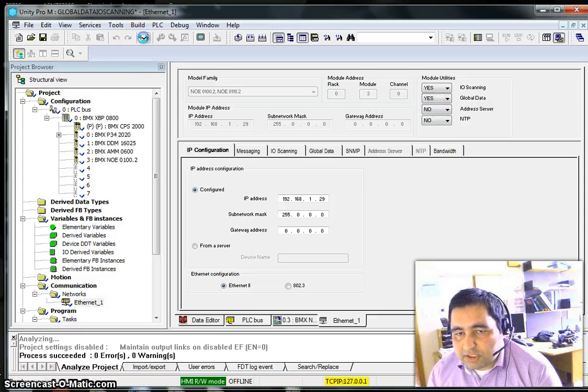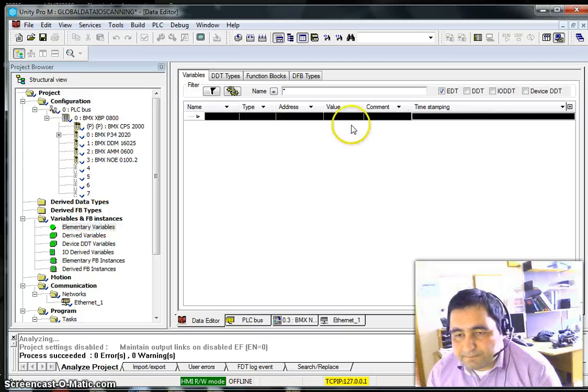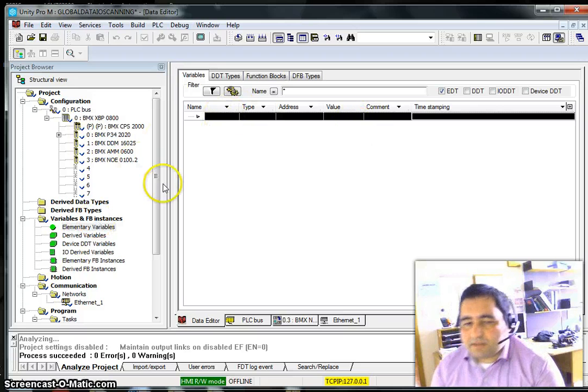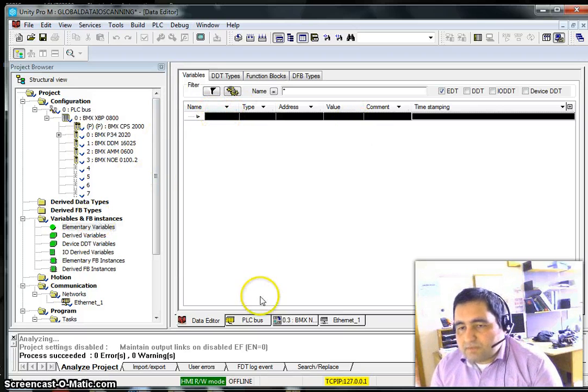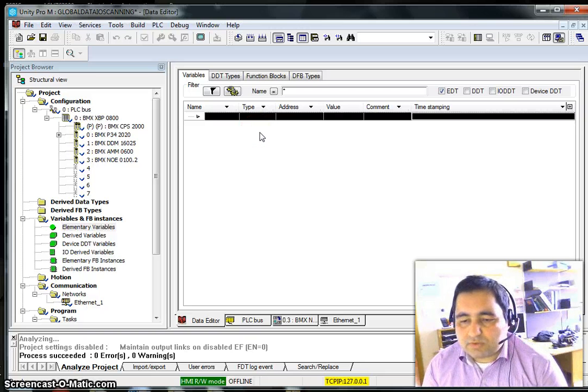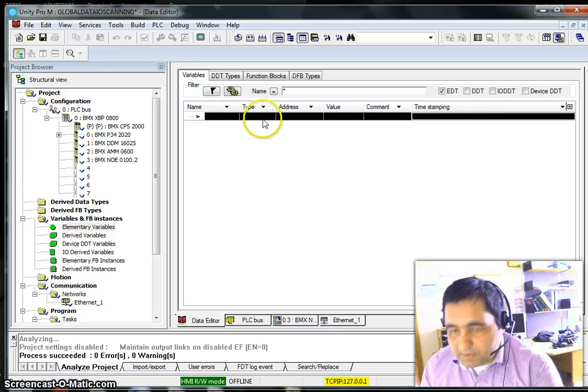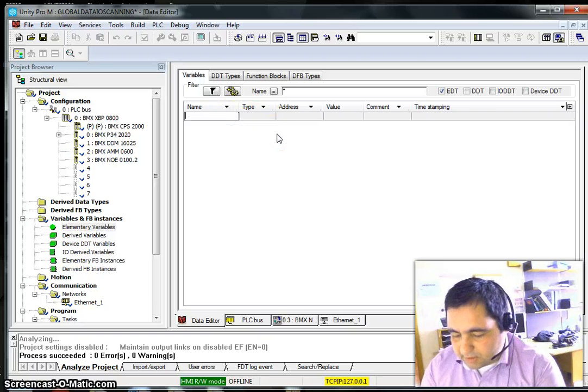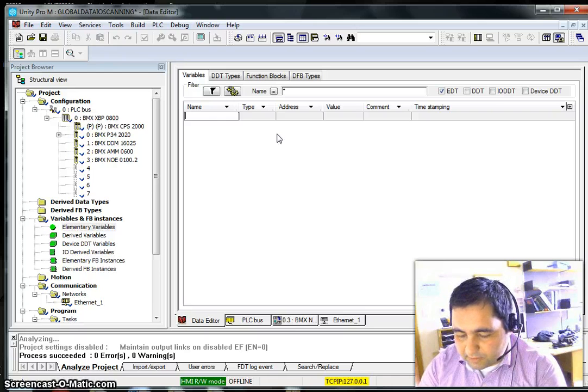Okay, after doing that, the next stage is to make some global data. So to make a global data, I can go to my variables and make one variable here. Any variable you want to generate, you should do it here. But now, since we just wanted to talk about global data, we make the variable right there. So let's make one variable called